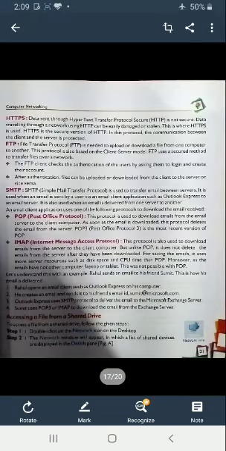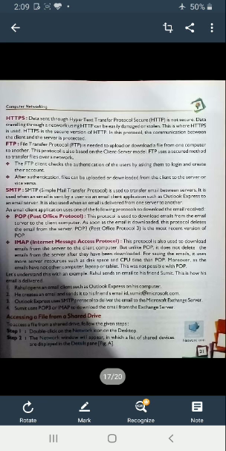HTTPS, hypertext transfer protocol secure. Data traveling through a network using HTTP can be easily damaged or stored, and this is where HTTPS is used. HTTPS is the secure version of HTTP. In this protocol, the communication between the client and the server is protected. This protocol is mainly used when you are making an online payment. So the network uses HTTPS for securing your data.